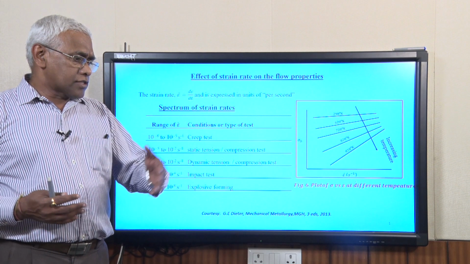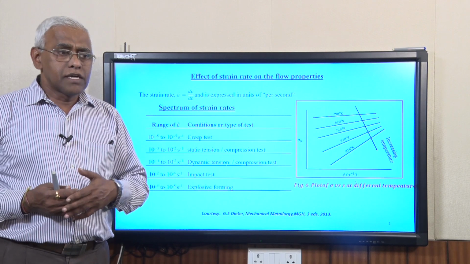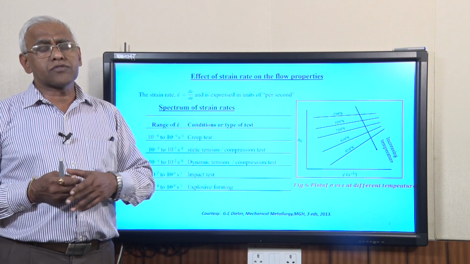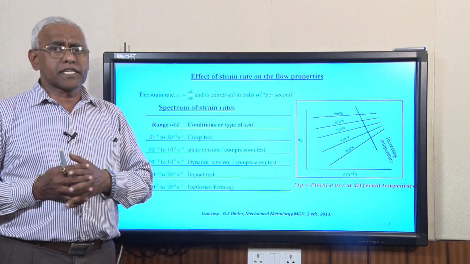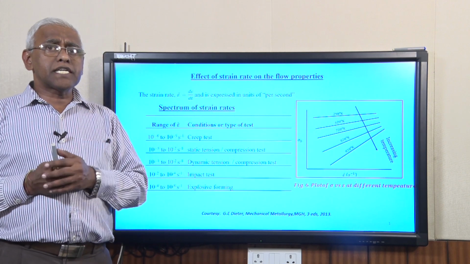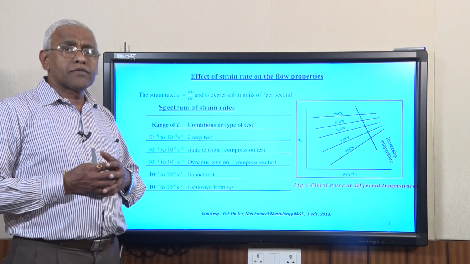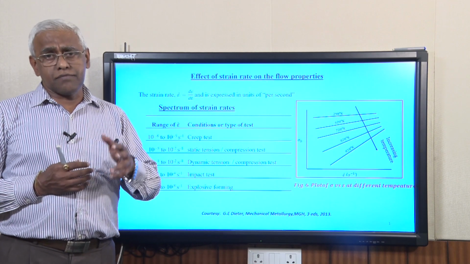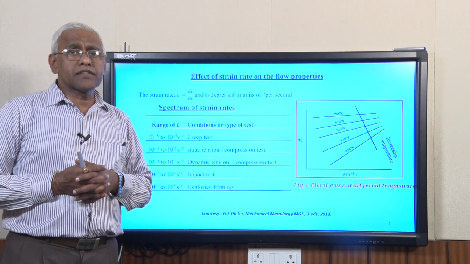So, you are subjecting a material to an elevated temperature and stresses and keeping it there for a long time. Even if it is below the yield strength of the material, after prolonged exposure you will find that some amount of deformation is taking place. In the normal case, it is not going to affect much, but for those materials which are subjected to higher temperature, this is of more importance. Especially the components in a gas turbine blade, or maybe the reformer tube in a chemical industry or a refinery.